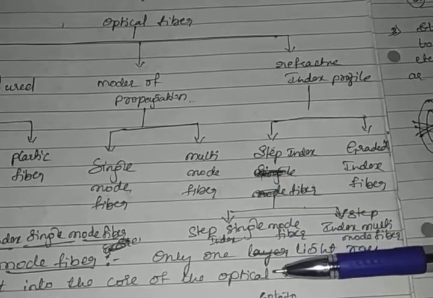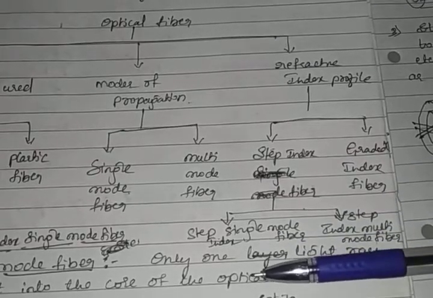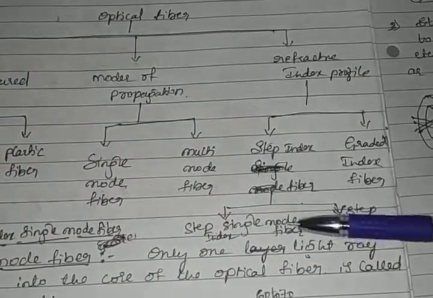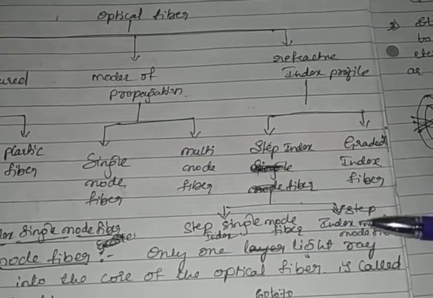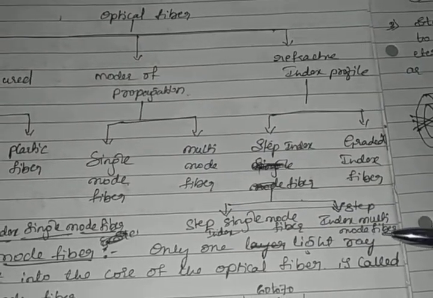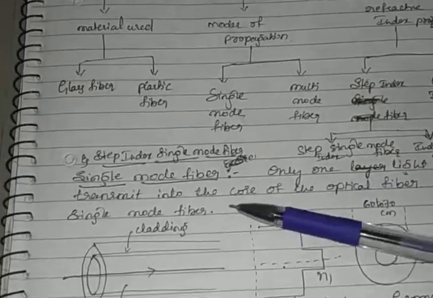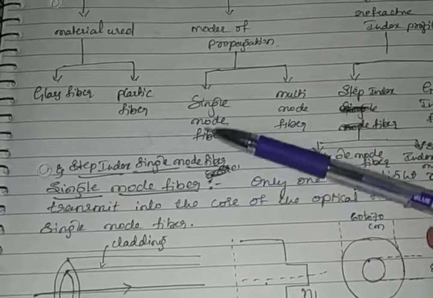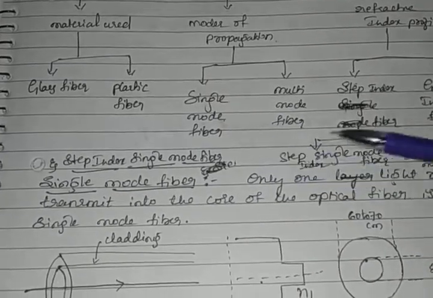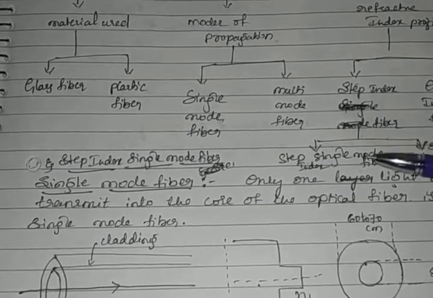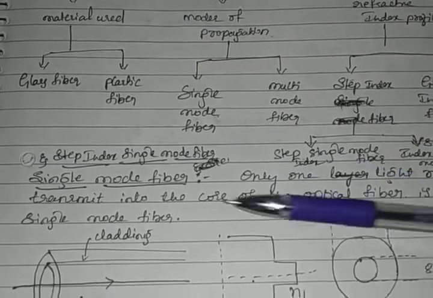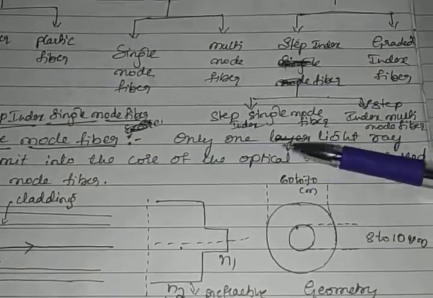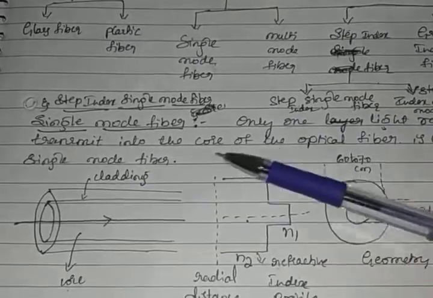Step index fiber is again classified into two types, that is step index single mode fiber and step index multi-mode fiber. Okay, so next we will discuss one by one. First one is step index single mode fiber. First is single mode fiber, then we take step index single mode fiber. Single means only one light is transmitted into the core of the optical